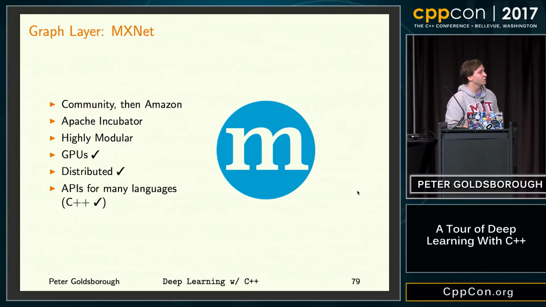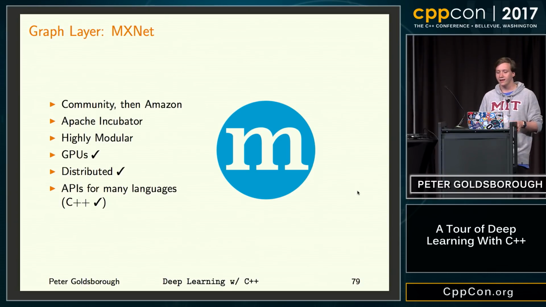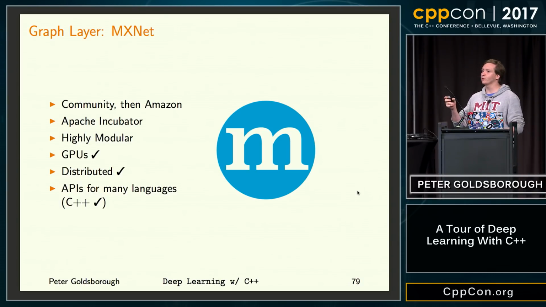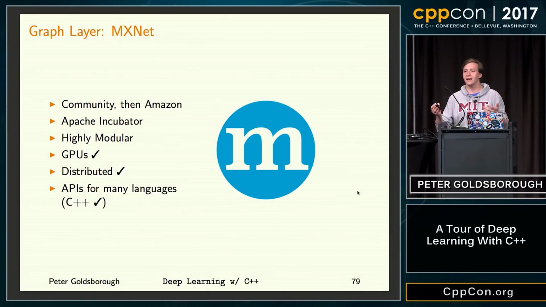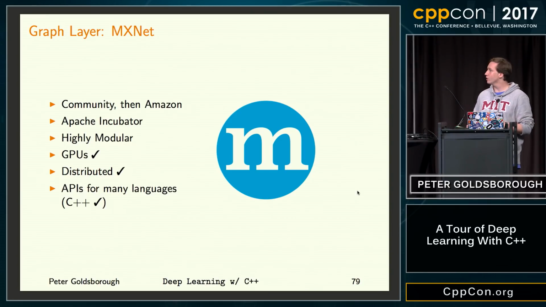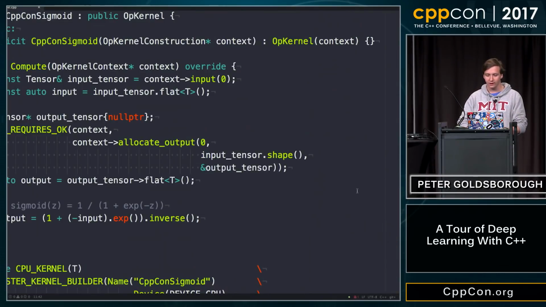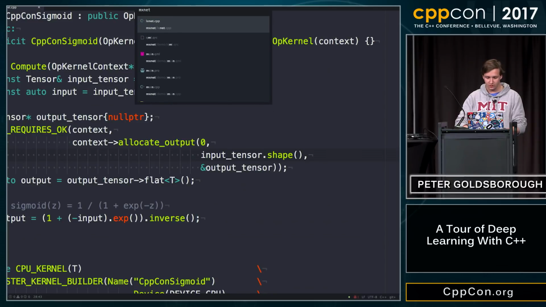The one thing that I like very much about MXNet is that it's very modular. For example, they've abstracted the entire scheduling engine outside of the framework into a separate library that you could use for other kinds of HPC scheduling problems. So it's very modular, which is nice. It also has the only really nice C++ API with which you could actually define a proper model yourself. And I think we actually have time to show you how that would look. So let's look at that.